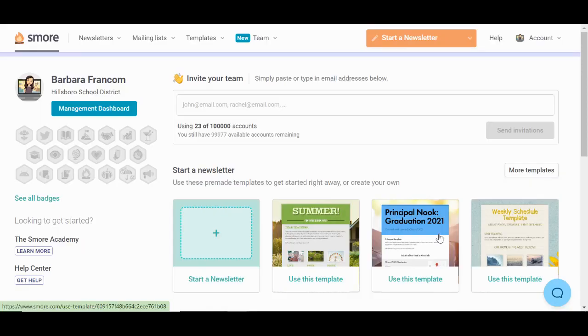I'm so excited to be able to talk to you today about Smore. The district has purchased a Teams account, which means that all staff in HSD are able to utilize Smore for their newsletters. The first thing I want to talk about is if you already have a Smore account